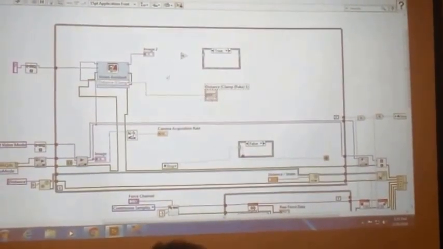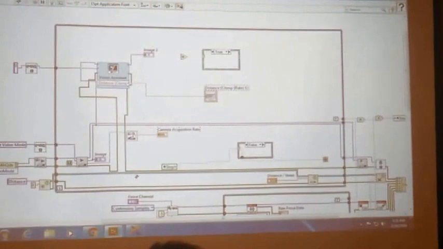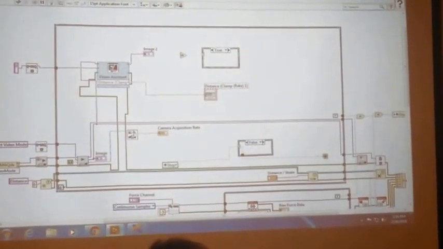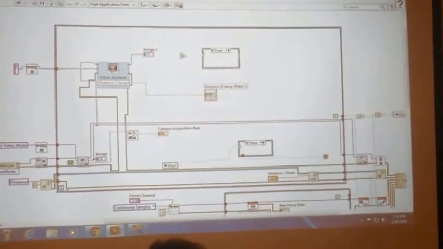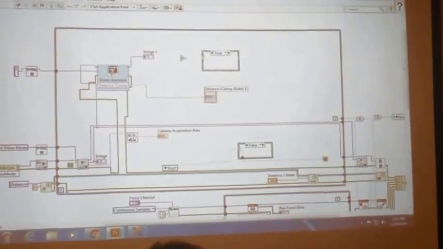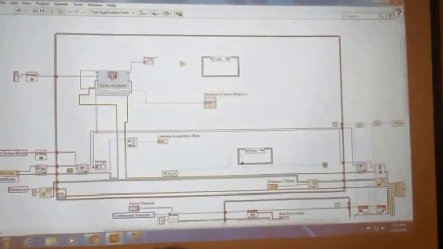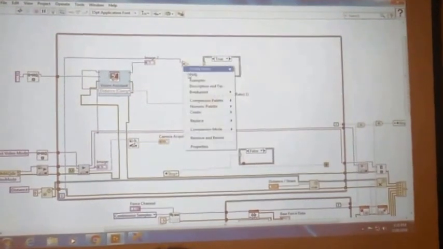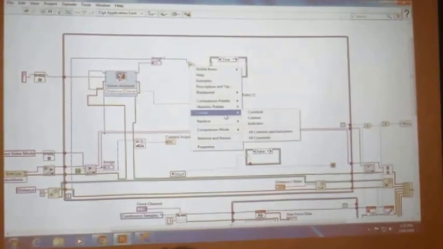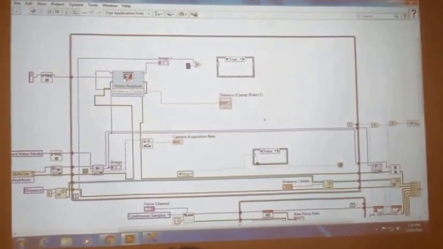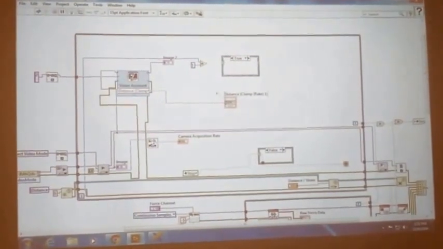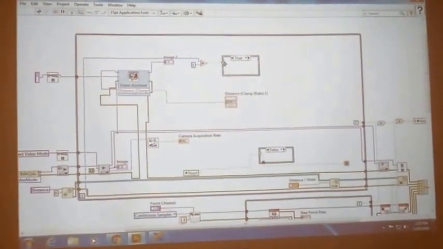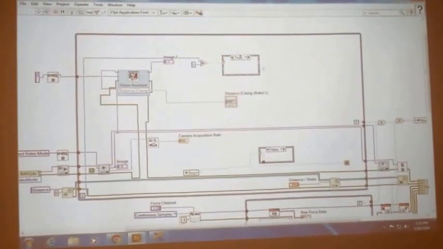Okay, so we have this handy dandy thing down here called loop iteration, which basically keeps track of how many times the loop has run. So I'm going to wire this here and say if this loop iteration is equal to 1, that means the loop has run for the first time, then we want to make this an L not. So I'm going to go in here,